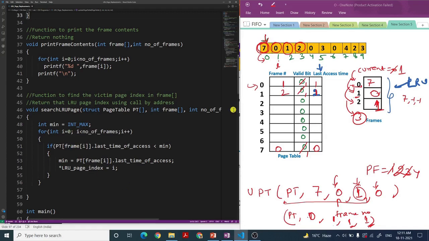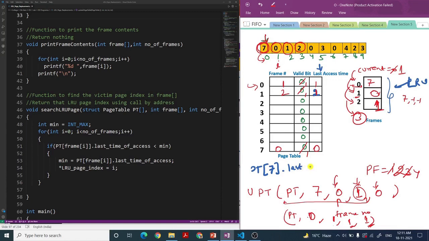So what we will do is, for I equal to 0 to number of frames, for all these 3 frames, we'll first pick this 7, that is index 0, and look at the last access time of this 7. So I is 0, frame of 0 is 7, so pt of 7. It becomes pt of frame of 0, that is pt of 7, its last access time.